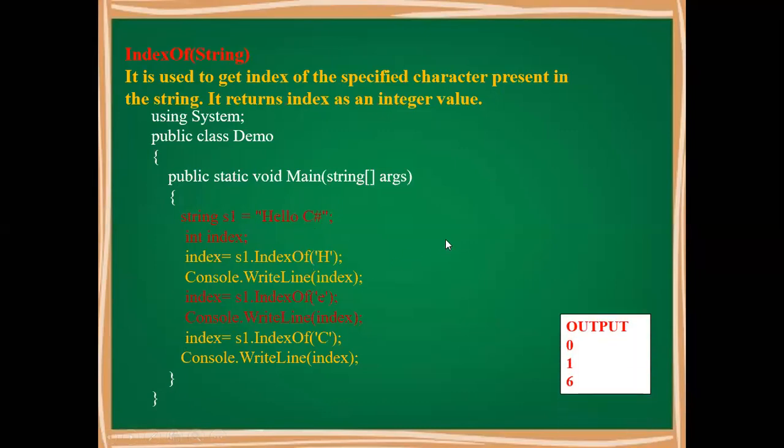Okay, let us see the output. You will find the index of C. First, the index of H is 0, the index of E is 1, the index of C is 6. Again, I am repeating why it is 6: because the space is also part of the string. The space is counted as a single character or letter because it is a placeholder. Again, I am just calculating: H0, E1, L2, second L 3, O4, blank space is 5, and C becomes the 6th index position.